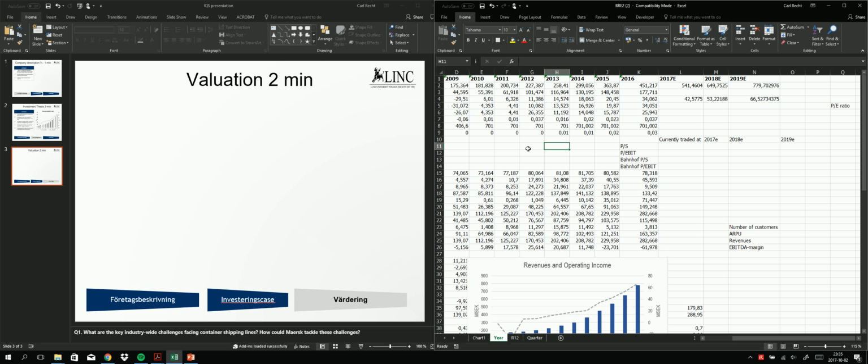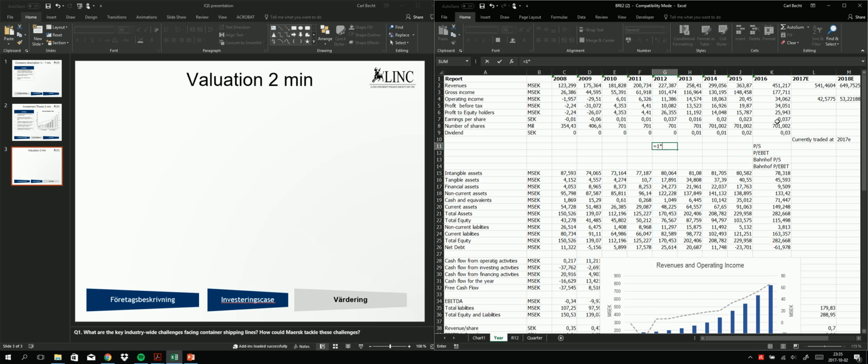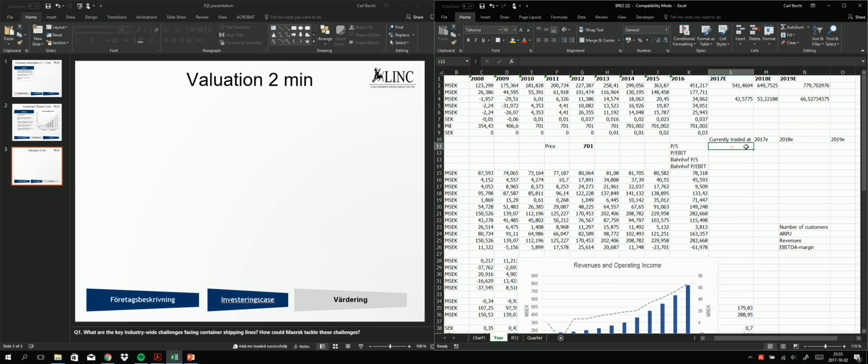So obviously we need the current market price for the company. Let's just say I know the price of the stock, it's 100 kroner. No, it's 1 kroner. Yeah, and you have a number of outstanding shares here. So yeah, the company price is 701 million. So you have your revenue estimates here. You can just then lock it in, pull it out. Now this is for my